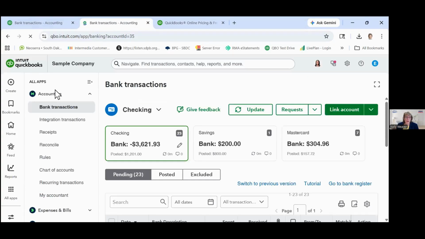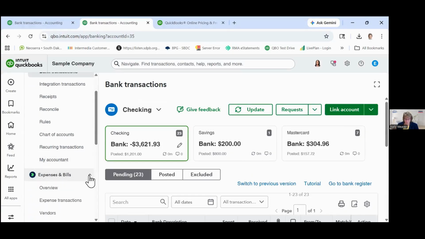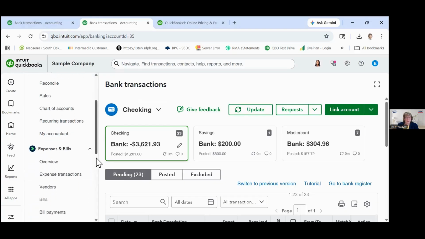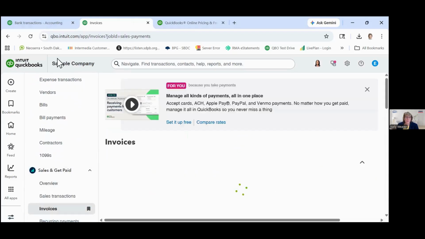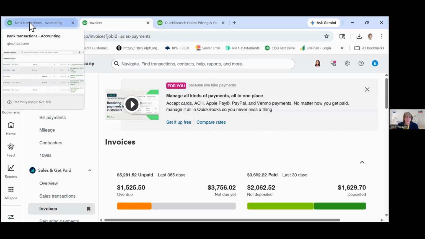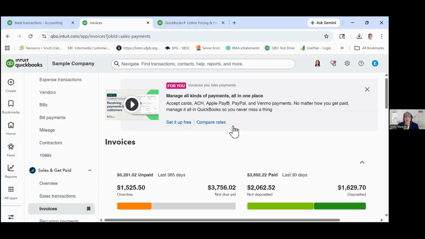But now if I move away to somewhere else, let's start with sales. So let's see if we go over here to invoices. But I click over here, this is still on bank transactions. So I can toggle back and forth. Sometimes you have to be careful. You might need to refresh a screen because changes you made on one screen may not always show up on the other one right away. So you may have to refresh right here through your menu bar to get that data to show. But that makes it a little bit easier to get around in QuickBooks because you can't really have multiple windows open like you used to in the desktop version.